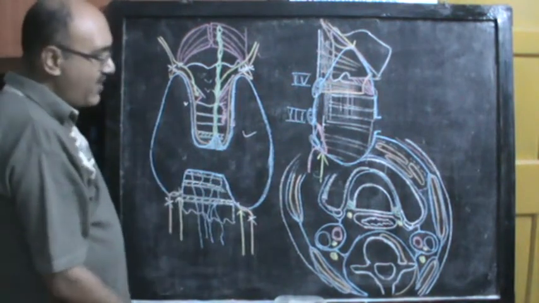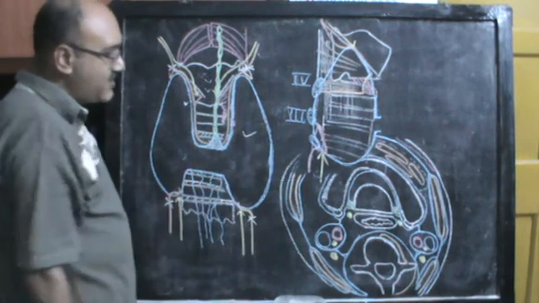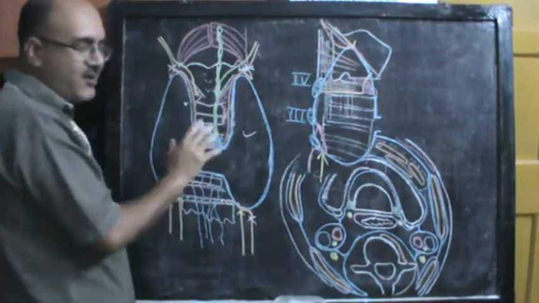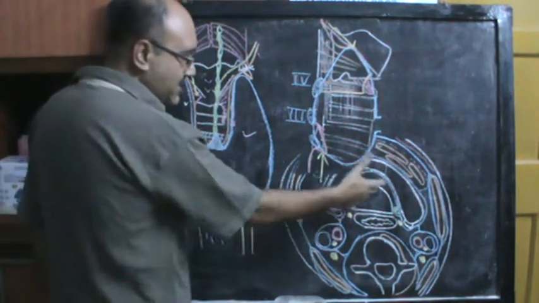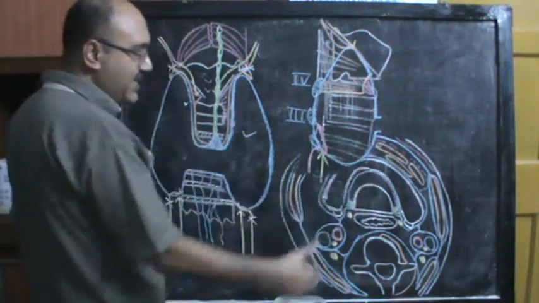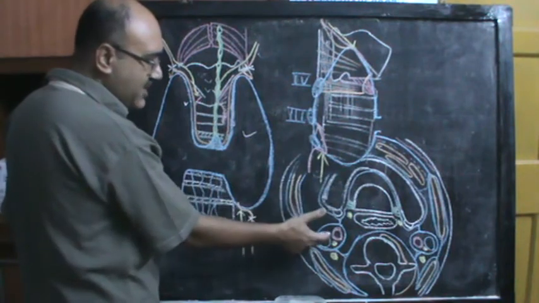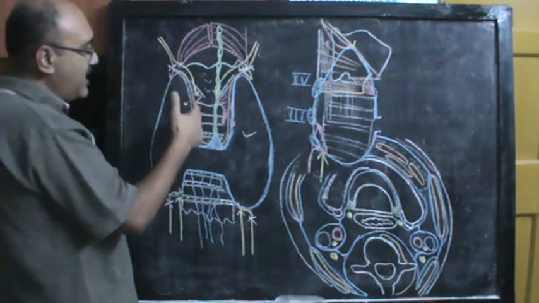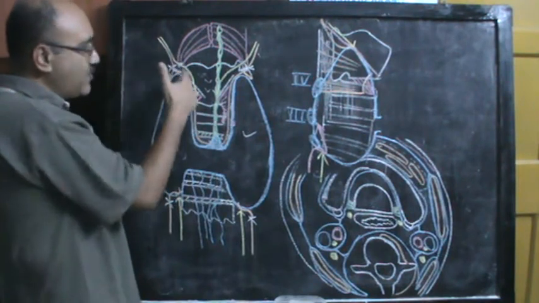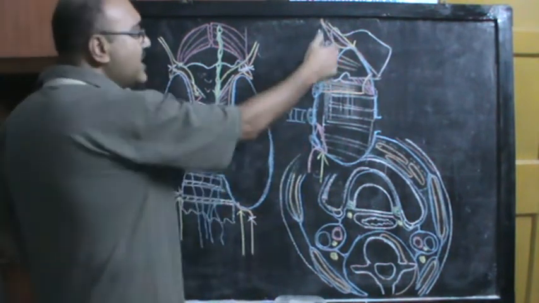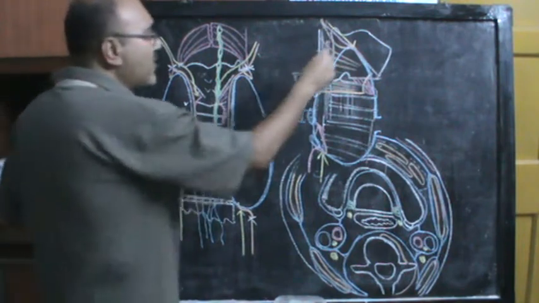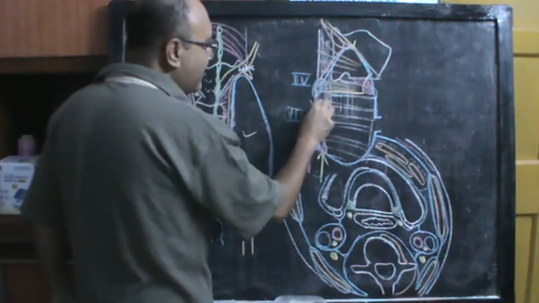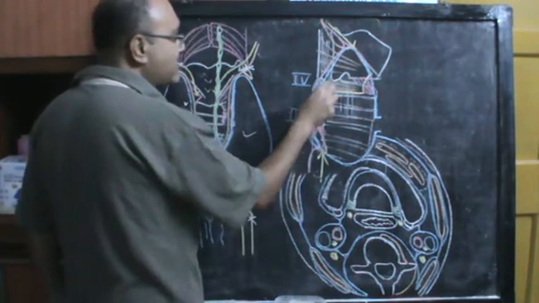So now we have studied the relations on all sides of the thyroid gland. We have seen that the anterolateral surface is covered by the infrahyoid muscle, the medial surface is related to these viscera, muscles and nerves, and the posterior surface is related to the carotid sheath, and the anterior border contains the descending branches from the superior thyroid artery. The posterior border contains again the descending branch from the superior thyroid artery and ascending branch of the inferior thyroid artery, these two anastomose.